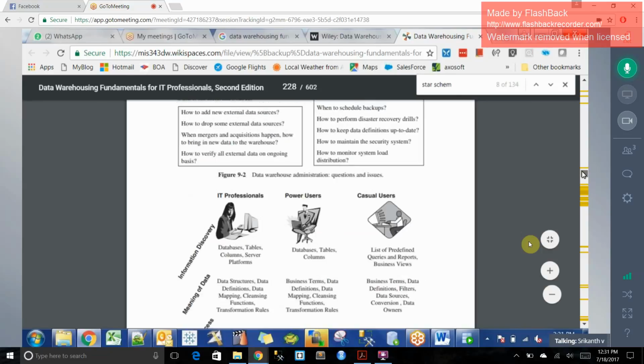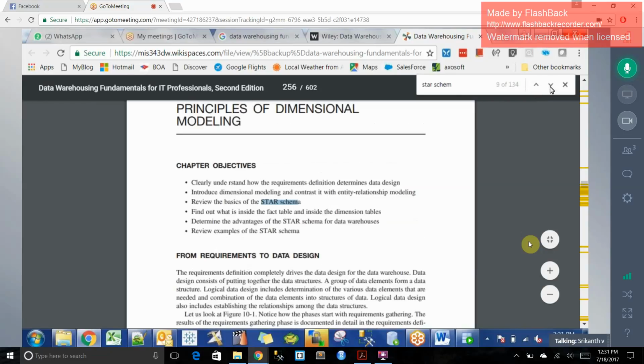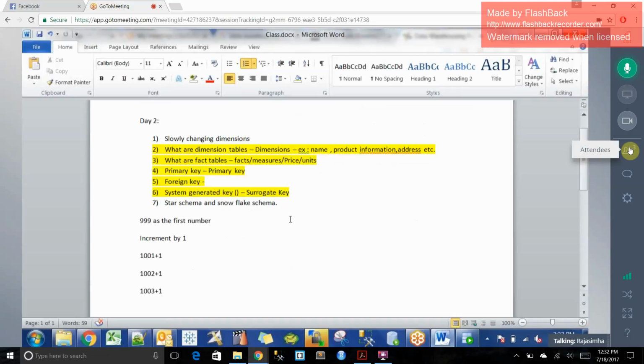Now let's go to star schema. So star schema, there is another concept in data warehousing. It's data modeling. Okay, do you guys know what is data modeling? No. No. Okay, okay. So data modeling is also